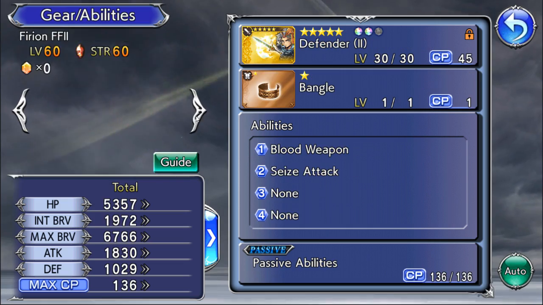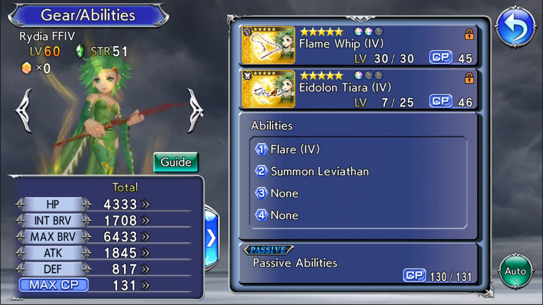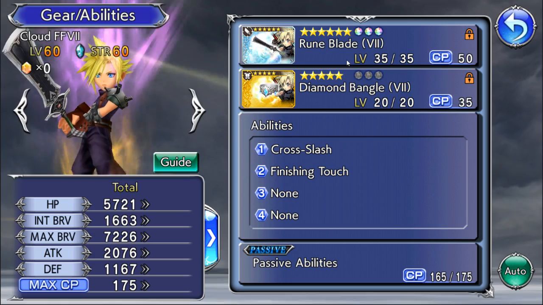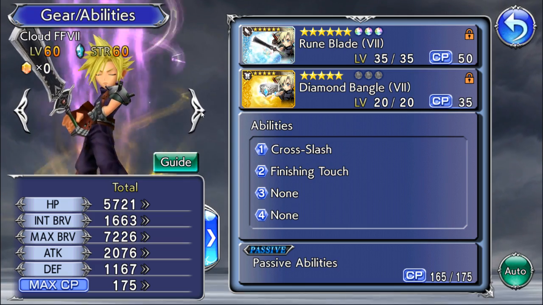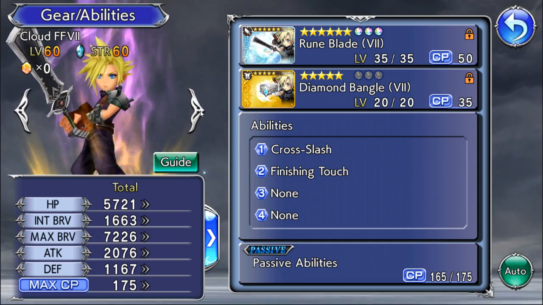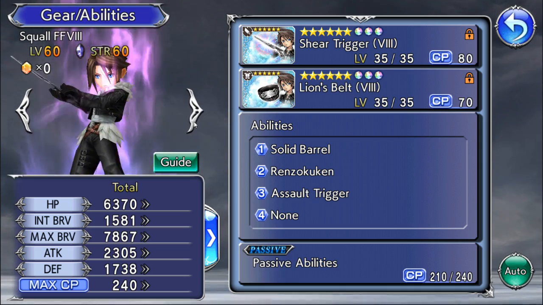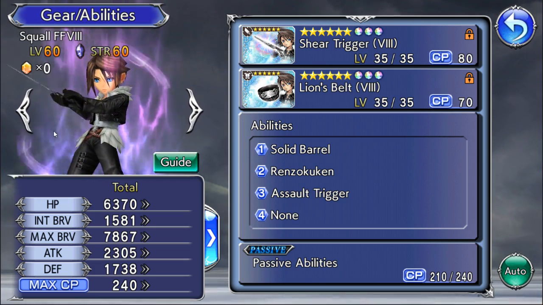So yeah, I do have here Onion Knight, but I don't have his EX. I have Lena, I don't have her EX as well. I have Cloud. I might pull for his upcoming banner, but I'm not really sure if I'm going all out on him. I've been trying to pull for his EX before, but